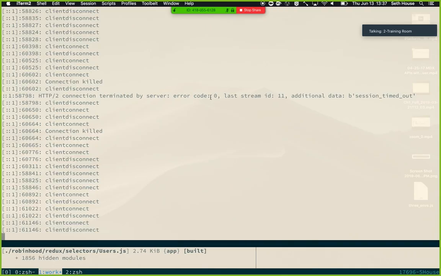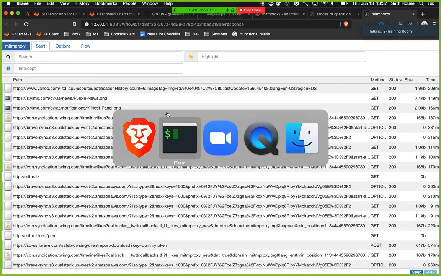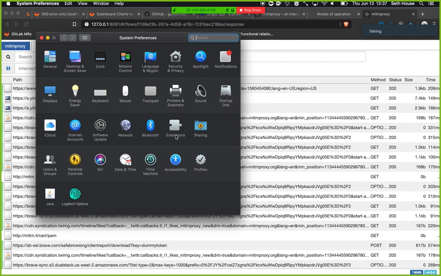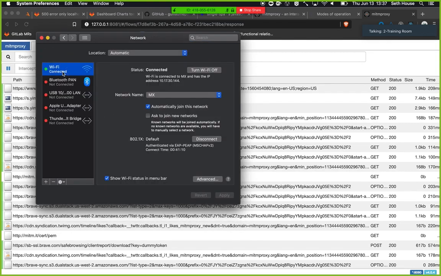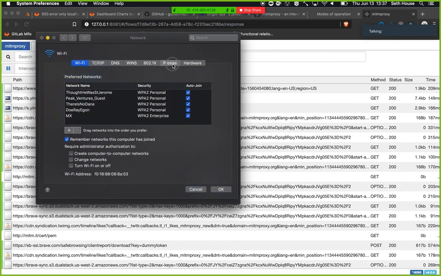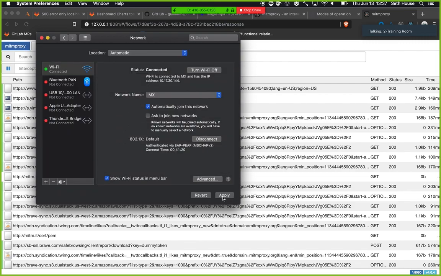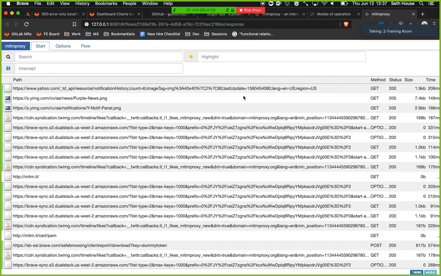Okay, so I'm going to turn that proxy off. And when you're playing around with the regular proxy, as it's called, and you do this that we've already talked about, if you forget to turn this on or forget to turn this off, you're going to run into instances where,